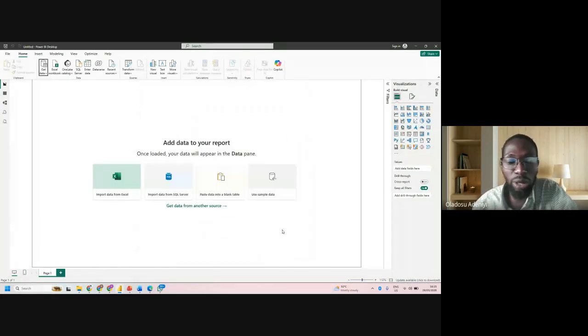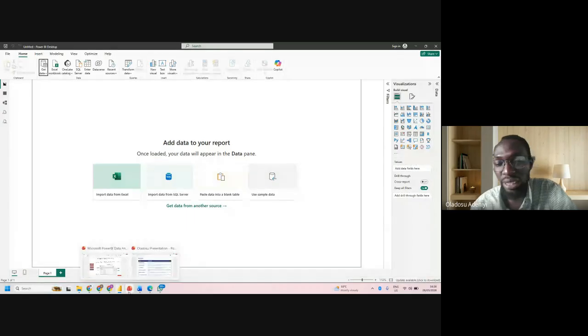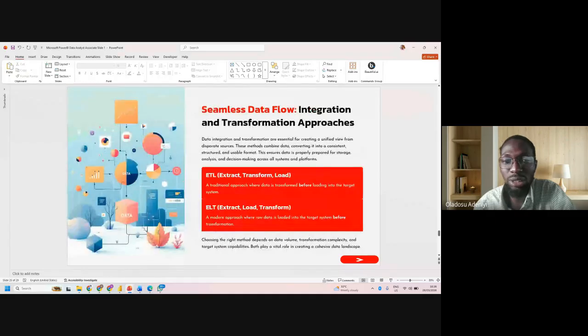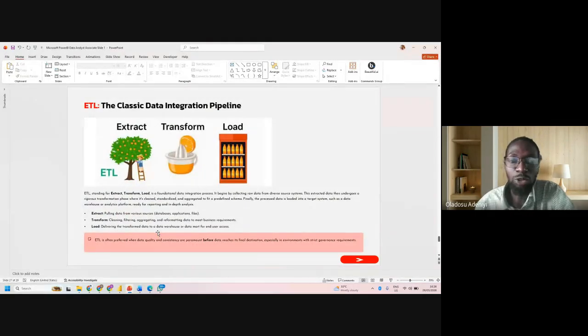So likewise, I talked about the difference between ETL and ELT. ETL is extract, transform, and load. Extract is about pulling data from various sources. Transform means before loading it to Power BI, you clean your data, shape your data, and format your data, then you load it to Power BI so it is ready for analysis.